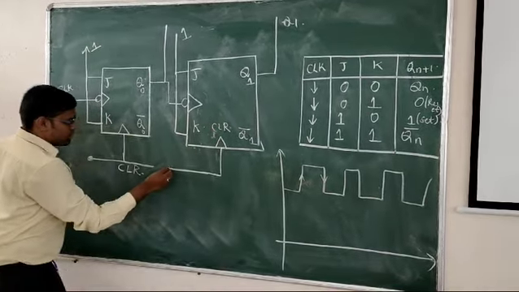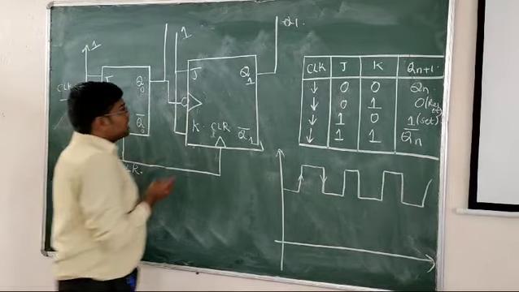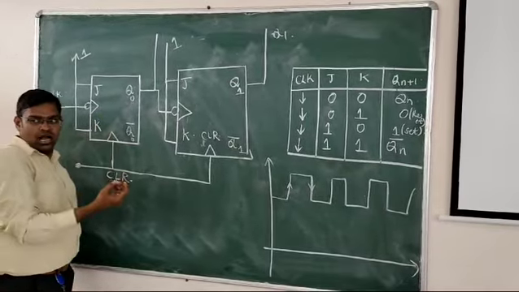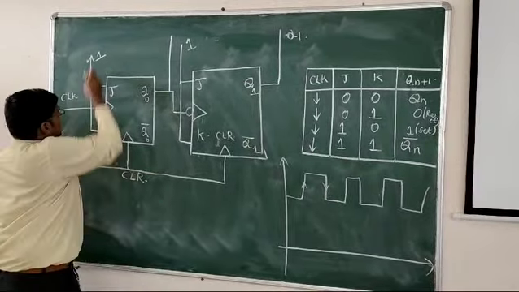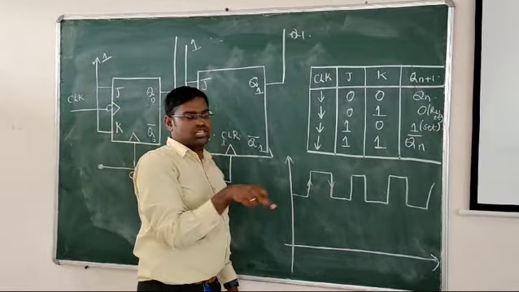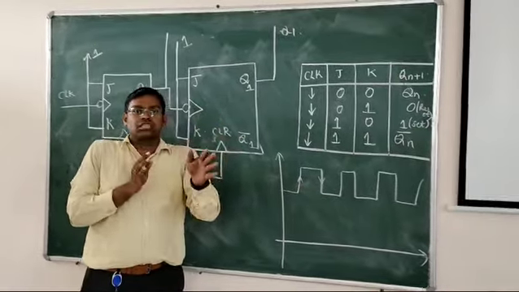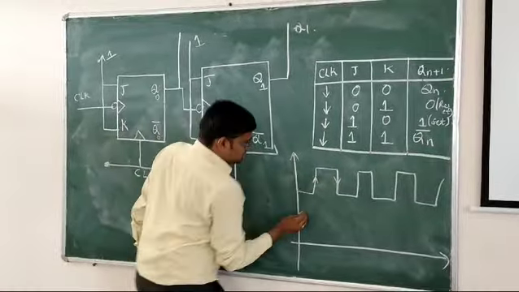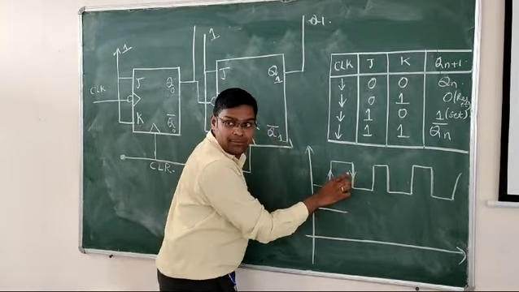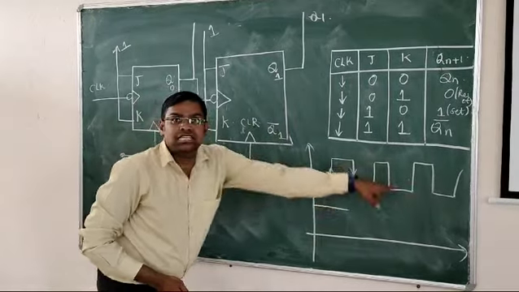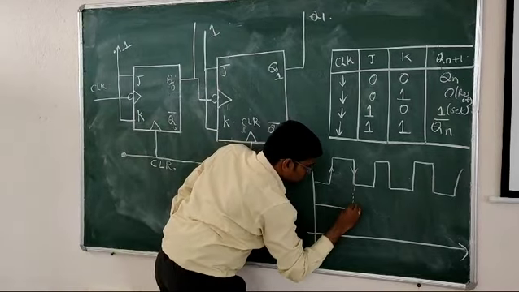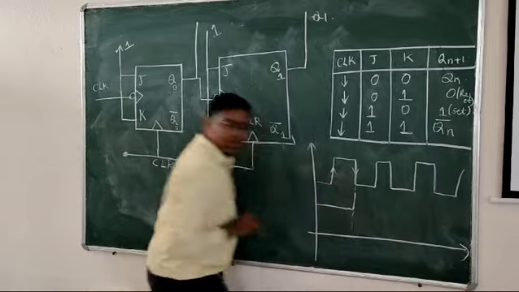So here I am going to consider that. First I want to know the output changes of Q0. Let us see how it changes. I have already given J and K as 1. So I need to consider my clock position. Until there is a clock change, it will remain in the previous state only. Then it will be 0, 0, 0, it will stay at 0. Whenever this trailing edge happens, this is 0, that means the next state will be Qn bar. That means 0 will become 1. At this point, it will become 1.